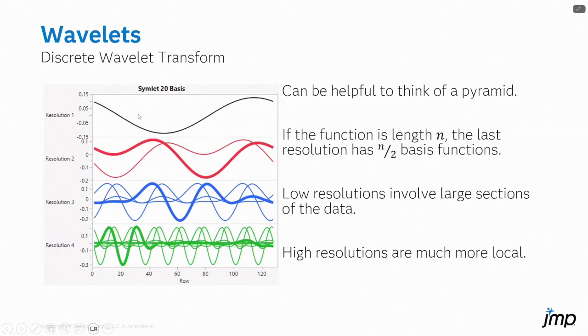So this is the symlet basis function, the symlet with 20 vanishing moments. So you can see it kind of looks like a wave, shockingly, right? It's kind of a wave-like function. And I made one of the resolution, or one of the basis function bold, so it's easier to trace it, right? So it has kind of just a sort of a smooth up and down, and then you can see it for each resolution getting more and more bumpy. But it's the exact same idea. If you fit the symlet 20 basis function and the very first wavelet coefficient is large for resolution 4, that tells you there's a lot of action in this first region of your function,